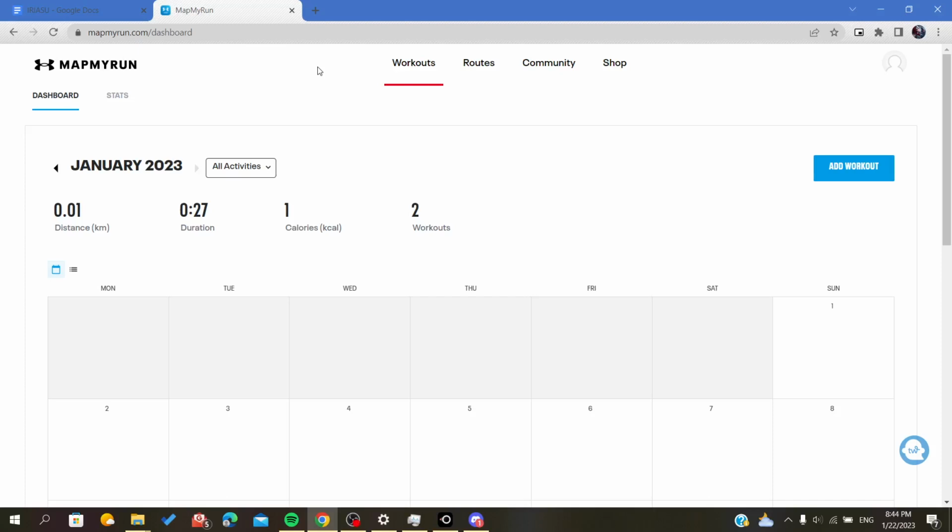Hello everyone, in today's tutorial I will show you how to add a route on your mapmyrun application in your phone. So first you should have your application, mapmyrun, on your mobile phone and have already created or signed up in the application. Then you have to go to the website or the browser version of the MapMyRun,